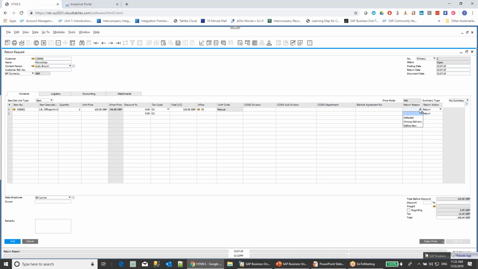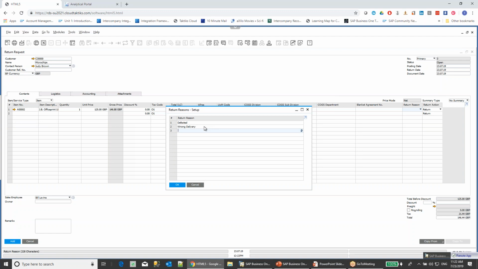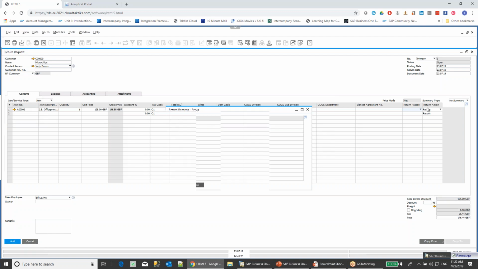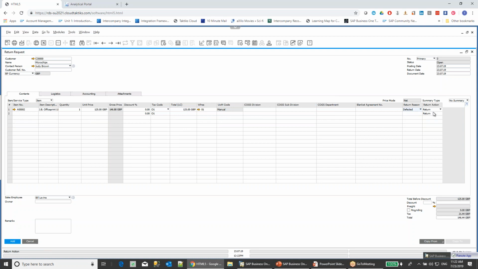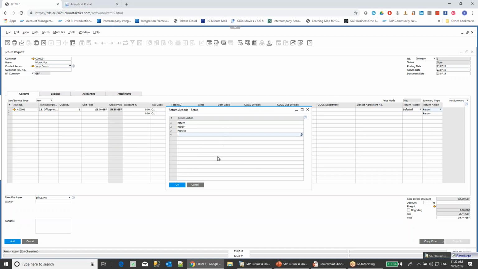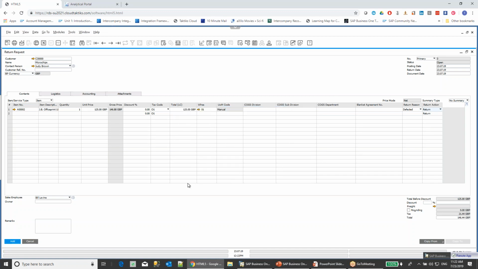And so if you have a return request, what is the reason for that? And here you can define your own list. So defective, wrong delivery. So you can have your own list. So I am saying here it's defective, and it's a return, or it's a replace or repair. And as well here for the return action, you can have your own list. And you can always use the notification procedure or Boyum